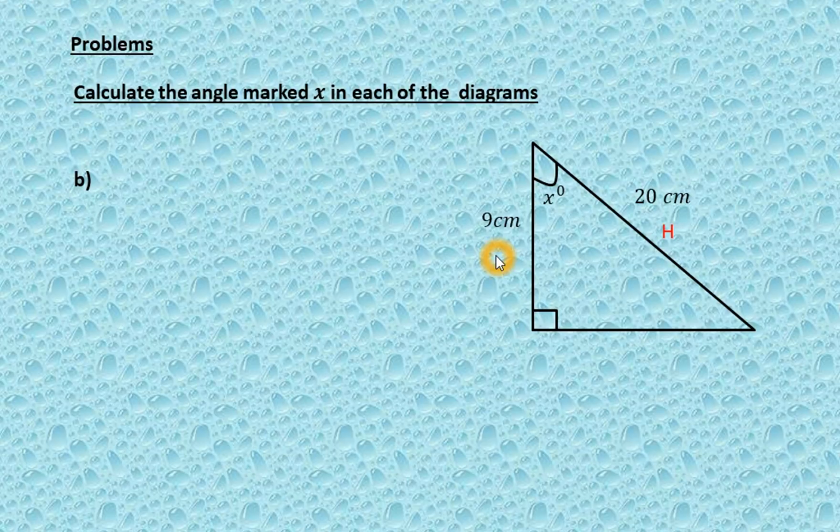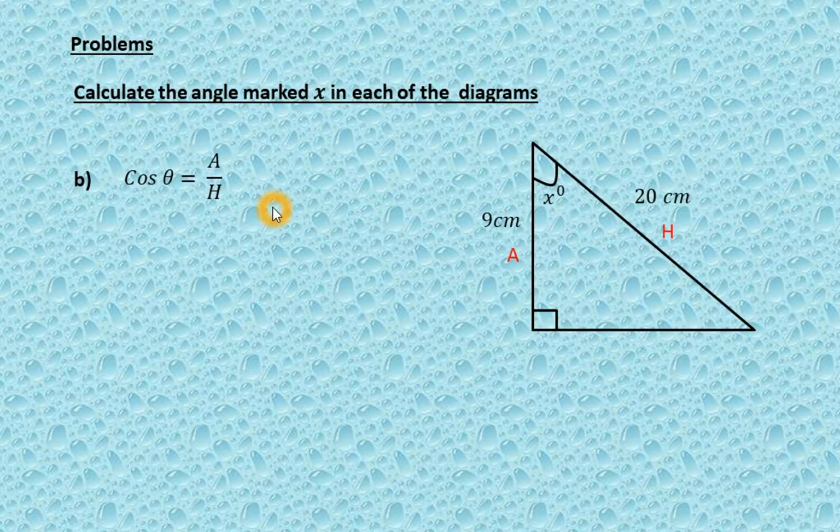But that part is given. We can mark that one as the adjacent side. Here we are given the adjacent side and the hypotenuse. Then which trigonometric ratio contains the adjacent side and hypotenuse? That is cos. That is, cos theta is equal to adjacent side divided by hypotenuse. That means we can write like this: cos theta is equal to adjacent side divided by hypotenuse.